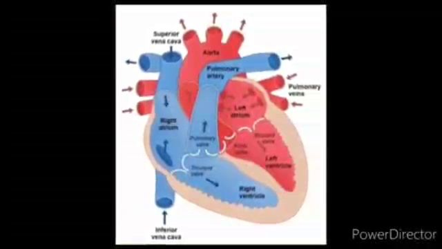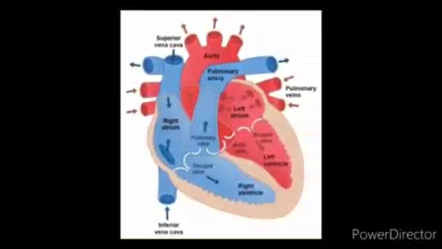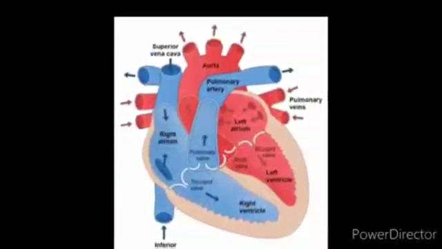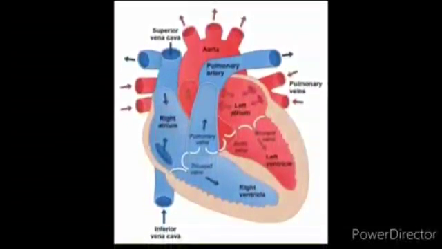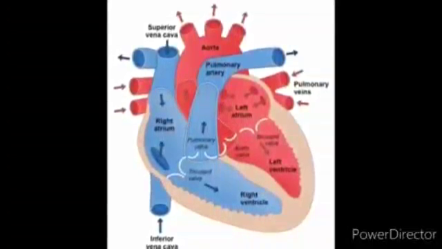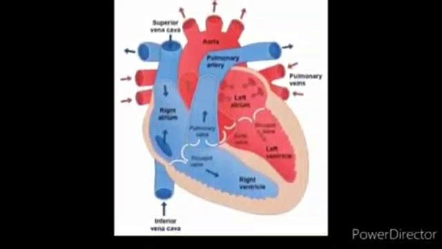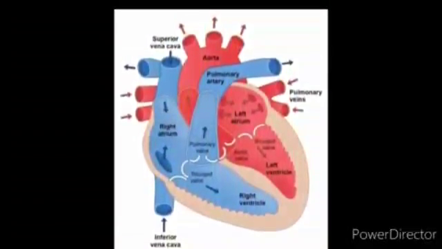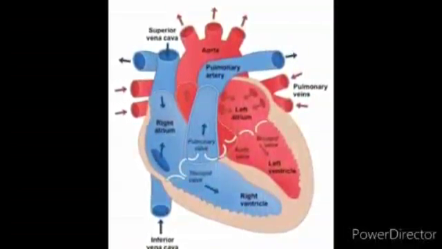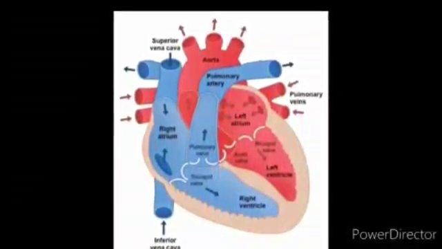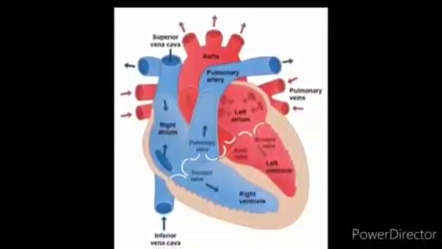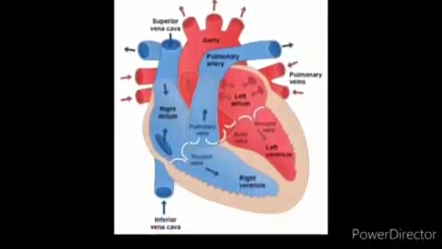When the right atrium is completely filled, these tricuspid valves get open and the blood enters with pressure into the right ventricle. As the tricuspid valve closes, a sound is produced in the heart which is known as lub. Now from the right ventricle, the blood goes through the pulmonary artery into the lungs. As you all know that arteries carry pure blood, but here is an exception, that is pulmonary artery, which carries impure blood. It carries impure blood to the lungs.